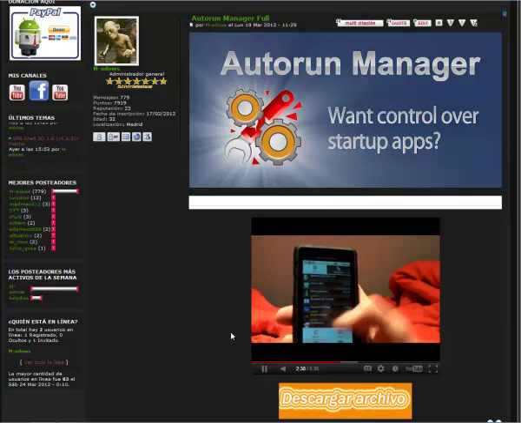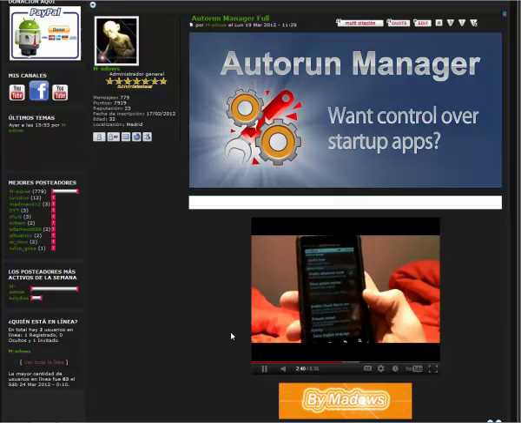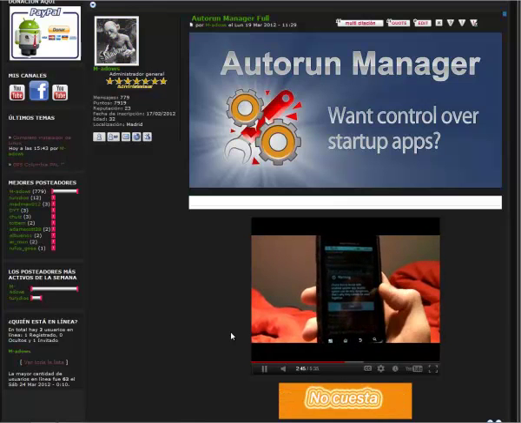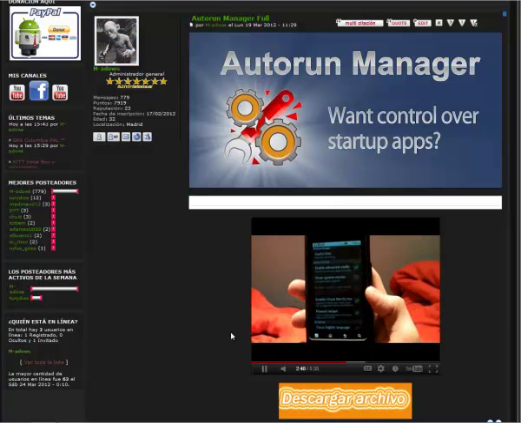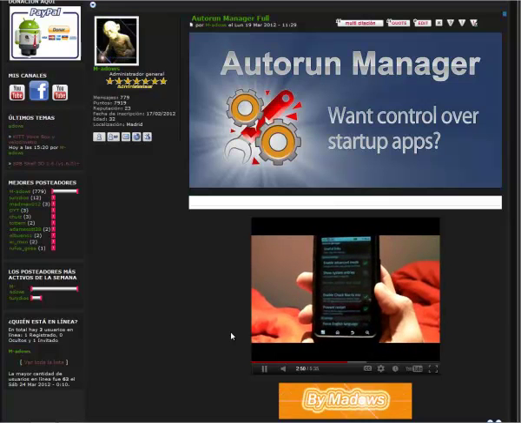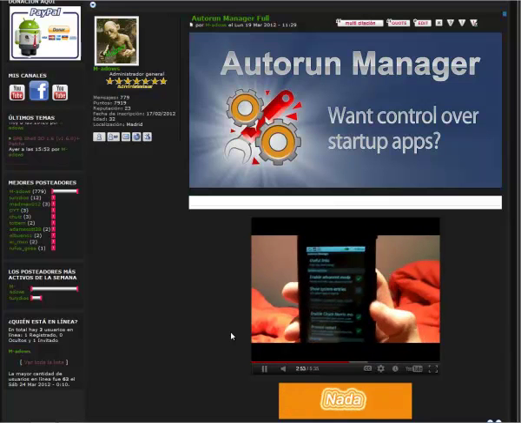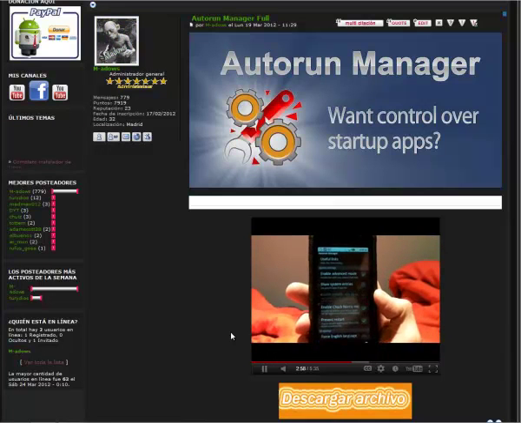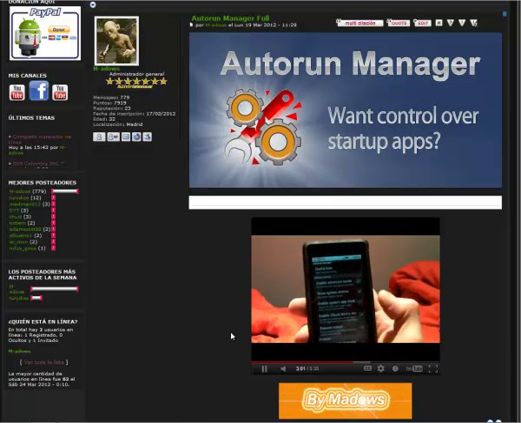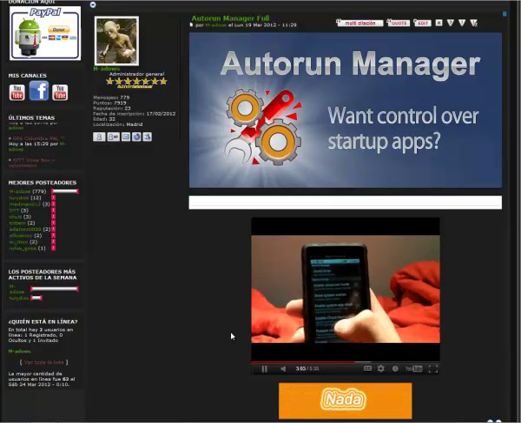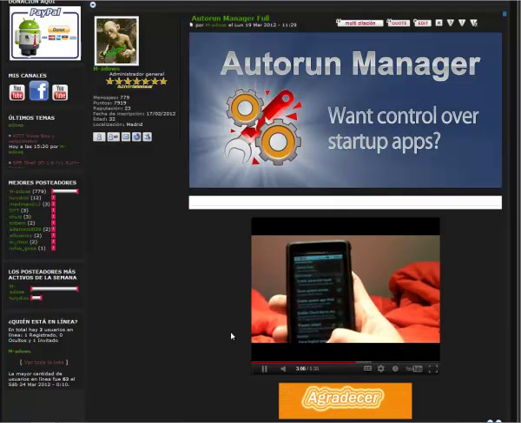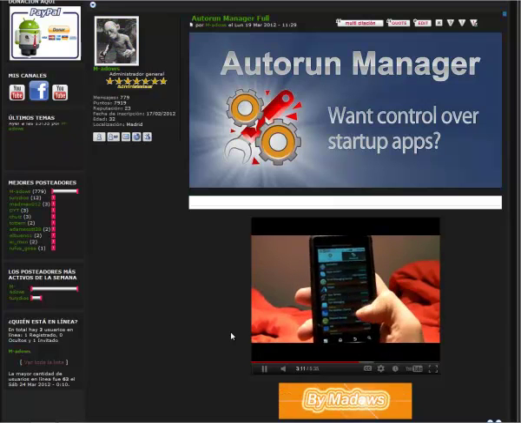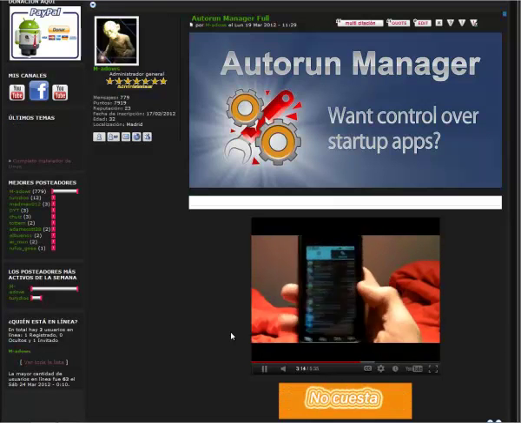But if you really want those apps to be killed, you can enable Chuck Norris mode. Chuck Norris mode requires root access and will actually aggressively use the kill command from the system to kill the app. It's a complete process termination, and it'll work much stronger than the regular app works. However, you can't enable it with show system entries at the same time, and to enable system app disabling, so if you want to disable some of your system apps that start off, such as Google Voice, which for some reason they consider a system app, but it doesn't come with the system,